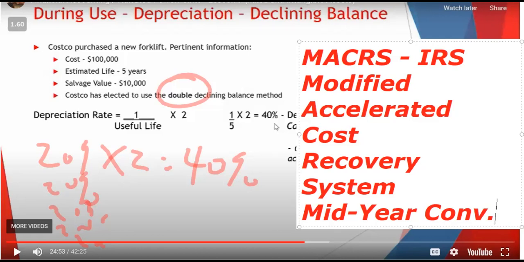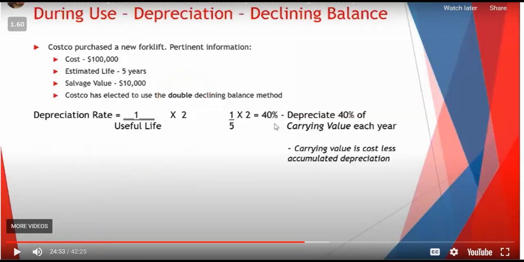The catch here, though, is you may start having your books per GAAP be different from your books per IRS. Nothing requires you to have one set of books in a company. You can have 20 sets of books and be perfectly legal. You've got fair market value books. Yeah, we're talking historical cost. We mentioned that with fixed assets and buying a building. It might be worth more at market value than it shows on the books. It might be fully depreciated to 0. So we can have multiple sets of books, but I just want to point out that with the accelerated depreciation method using declining balance, bottom line, you do some more depreciation in the early years and less in the later years.